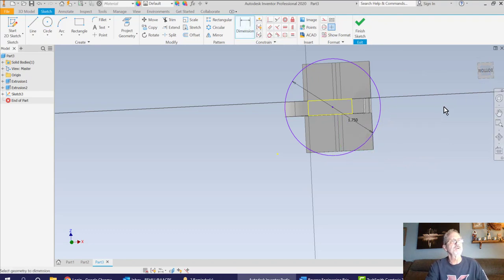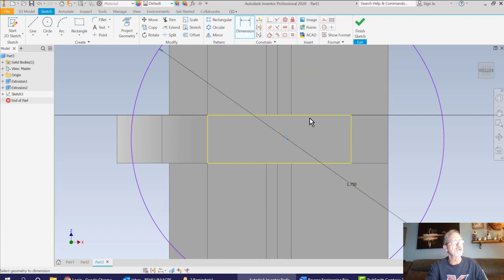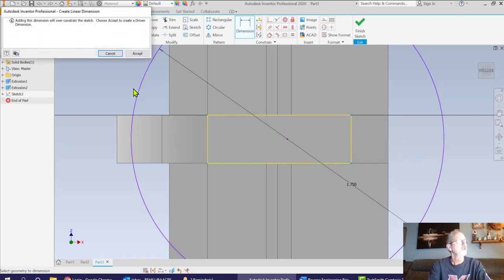So what we can do is go here to the bottom and click on the view cube here to square that up. But I can go to my dimension tool here. And because I projected that geometry here, I can measure from here to here, right? And I can say, okay, 1.32 right there. And actually what I can do instead is something called parametric dimensioning, which is really neat. So what I'm going to do here is dimension from here to here, bring this out, and